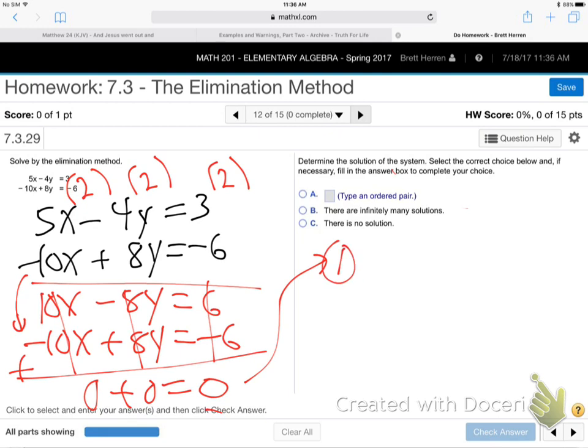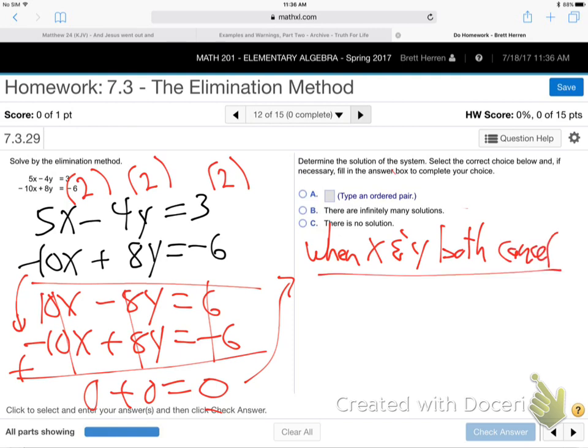So there's two weird things. Let me make note of this one. So when x and y both cancel, that's what's happened, huh? That's what's weird. Both x and y dropped out. We're just trying to get rid of y, but x went as well. What does that mean? Well, if you have 0 plus 0 equals 0, that's infinite